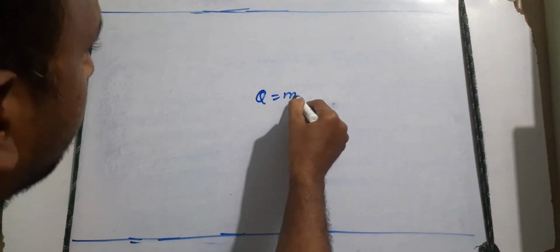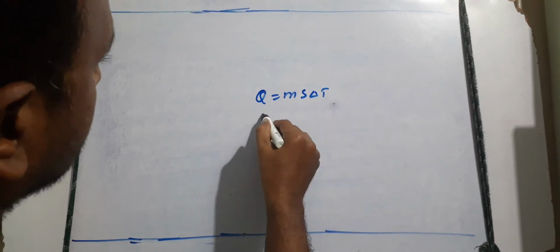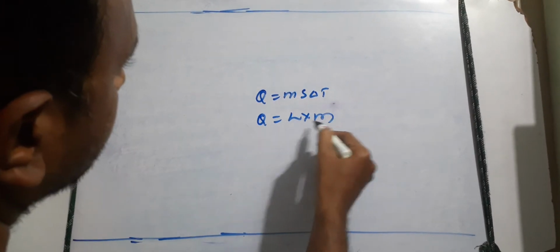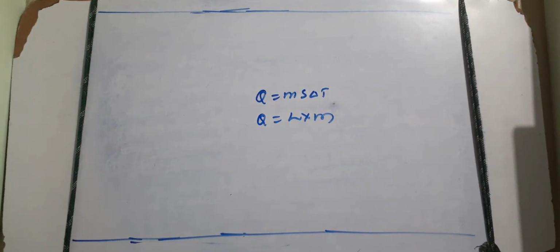So, in this session, we are going to learn about some example problems in the calculation of amount of heat energy absorbed or released by using the formula Q = m s delta T, and also Q = L into m. So using these formulas, we are going to discuss some example problems in finding the amount of heat energy, that is absorbed heat energy or released heat energy. So first, example 1, students.